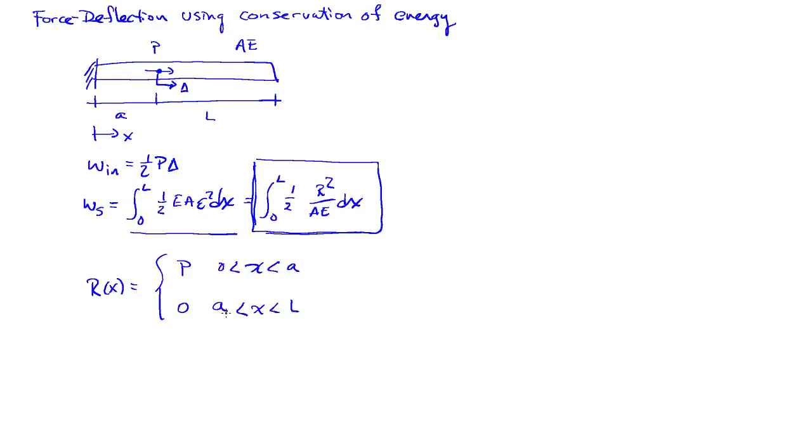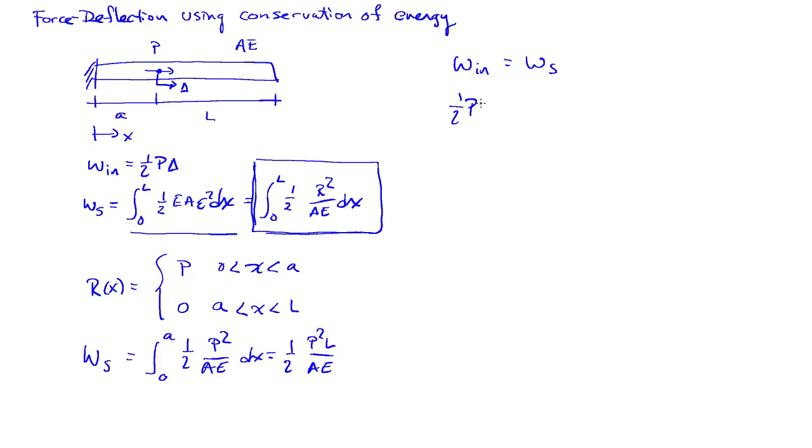So my integral for the work stored really is just an integral from 0 to a of 1/2 P squared over AE, which is equal to 1/2 P squared a over AE. If I set the work in to the work stored, in other words conservation of energy, then I see that I have 1/2 P delta is equal to 1/2 P squared a over AE, and so there's an error down here on my integral. That should be P squared